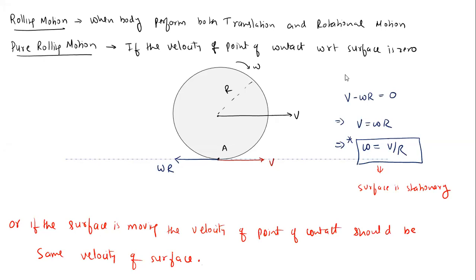Okay, so if we rearrange the equation, we will get v minus v dash by r. We can get this expression by using relative velocity. Relative velocity with respect to what? With respect to the ground or with respect to the body? In what term are you telling us relative? Is it with respect to the body or with respect to the ground?